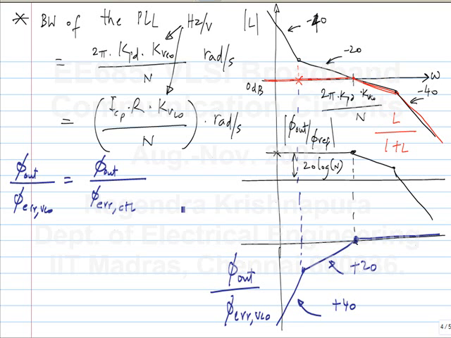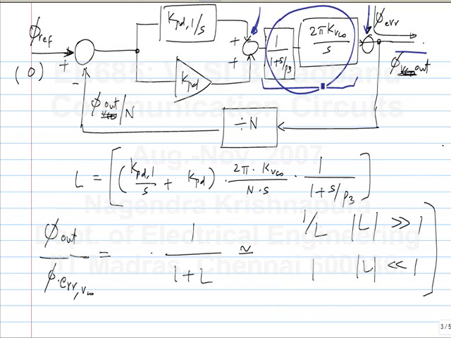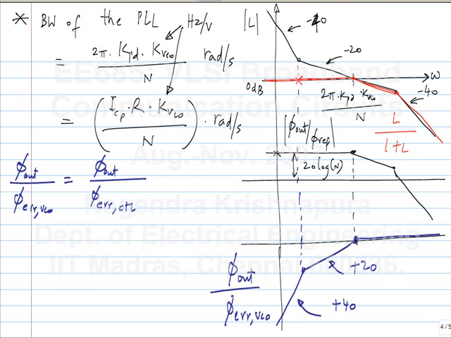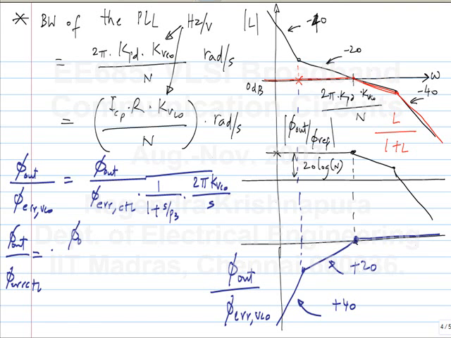So I'll say error in the control voltage. Basically, this is the control voltage of the VCO, but I'll say this is the thing. So times S by P3 times 2 pi KVCO by S. Is this correct? And this I know what it is, right? So what I need is phi out by phi error control, which is phi out by phi error VCO times this times,